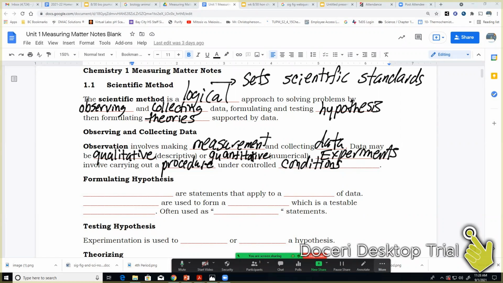So like if I was trying to test whether fertilizer would make tomato plants grow taller, if I didn't have a control to compare it to, how would I know they're growing taller or not? I would need a plant that wasn't getting the fertilizer. And once again, that type of experimentation just is good standards, and then it's easier for information to be traded between scientists. Formulating hypotheses starts with generalizations,